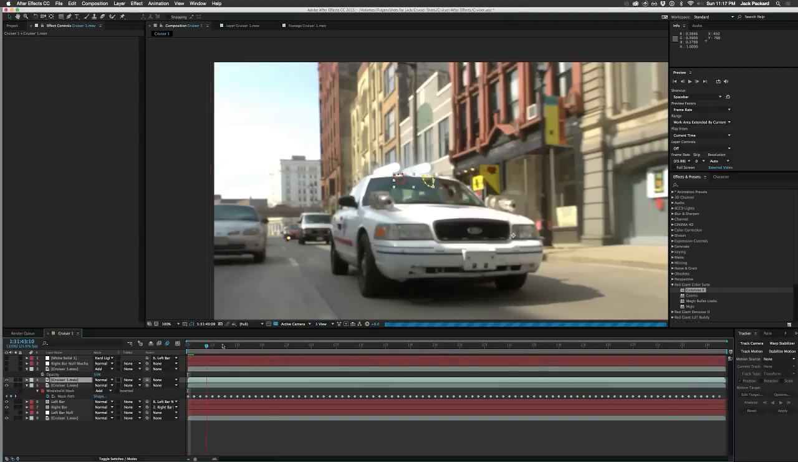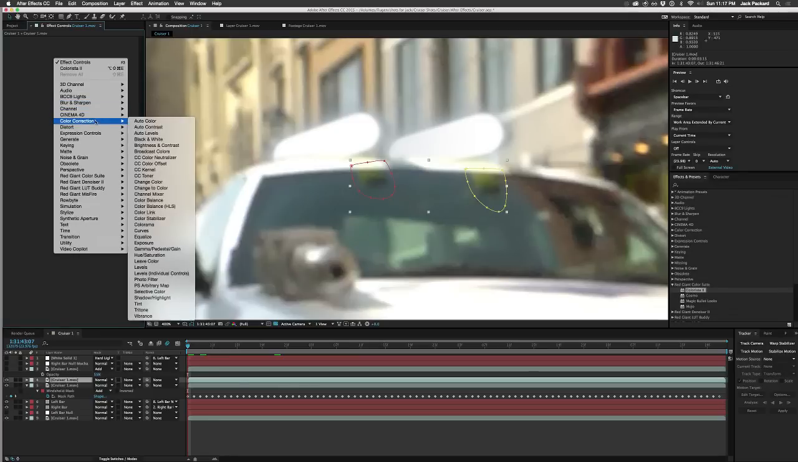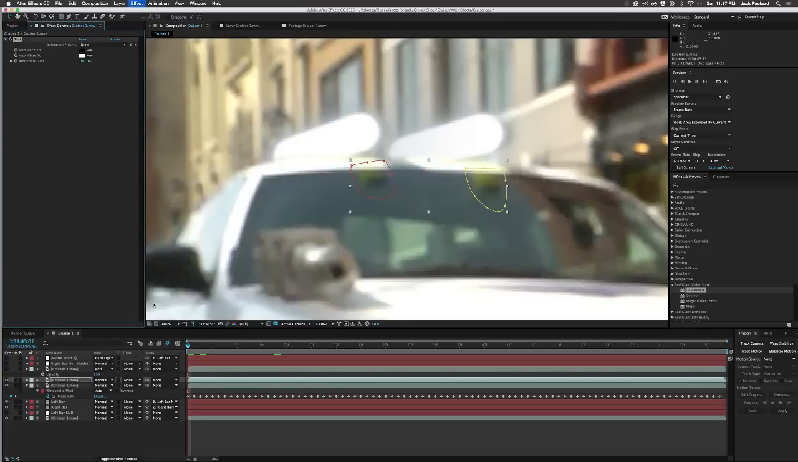Okay, so here are the masks for the bars. I already have those. So now, take those, and we go to color correction. And you say just desaturate. What if we